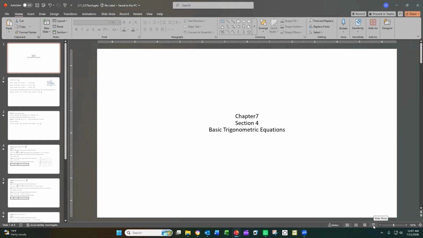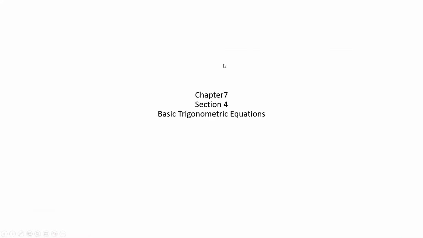Alrighty, howdy folks. So let's look at basic trigonometric equations. I'm sure you're familiar with equations, right? Like if I say x plus 2 equals 5, solve for x. And so that x plus 2 equals 5 is, for instance, an equation. And oftentimes what happens is when somebody gives us an equation, the expectation is that we would solve that equation,